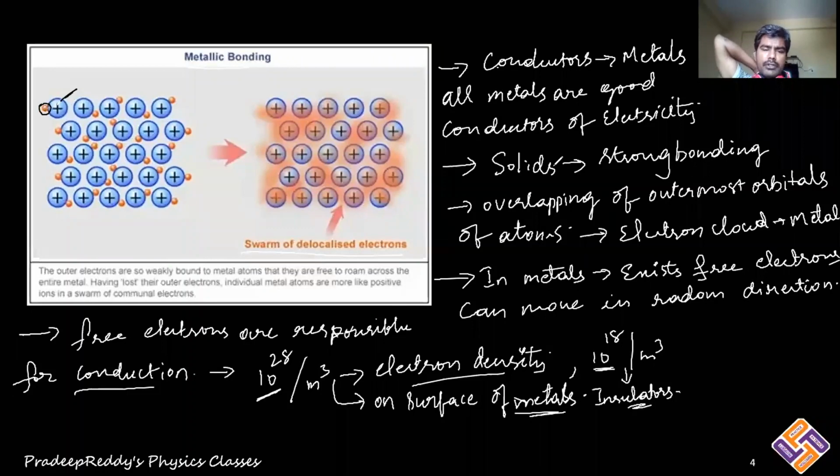this chapter. So you need to remember that for conductors, there will be free electrons, and those free electrons are able to move randomly in all possible directions, which makes conduction possible. Therefore, they are called conductors. Whereas in other solids, such free electrons would not be there, and there may be bonded electrons, and those electrons are not able to move freely as in the case of conductors. Therefore, they remain as non-conductors or insulators.